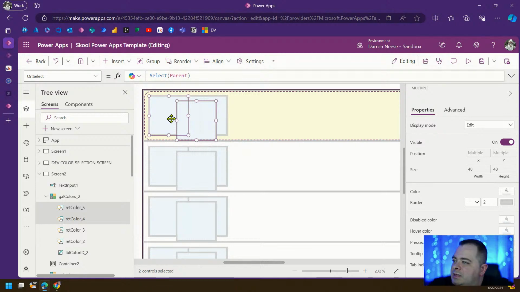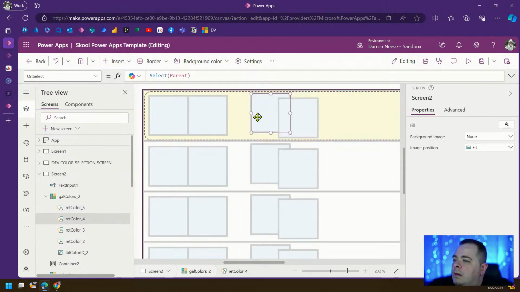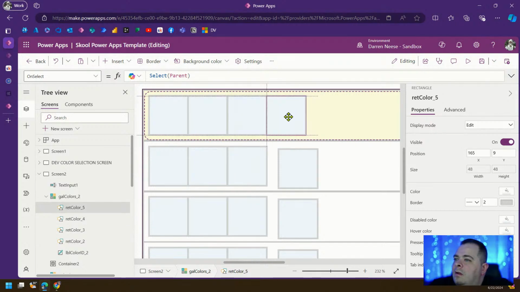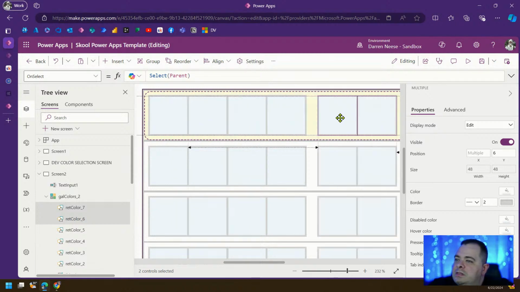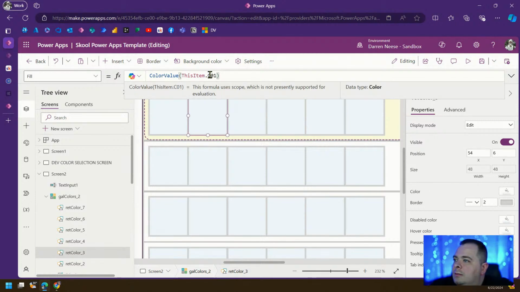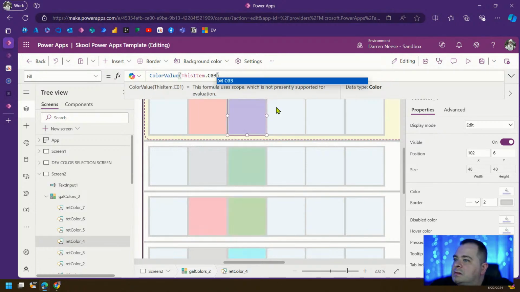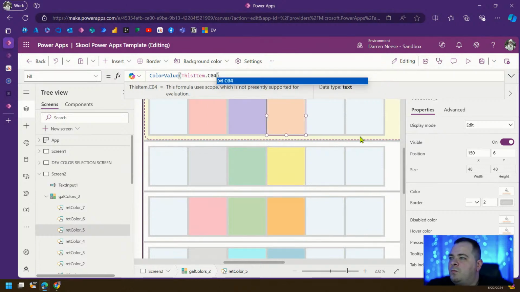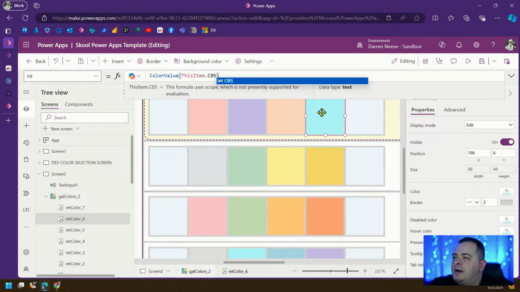All right, I'll copy and paste that. Okay, 4, 5, and 6. Okay, so this first one, C1, will go in here, make this a 2, make this 3, 4, that 5,